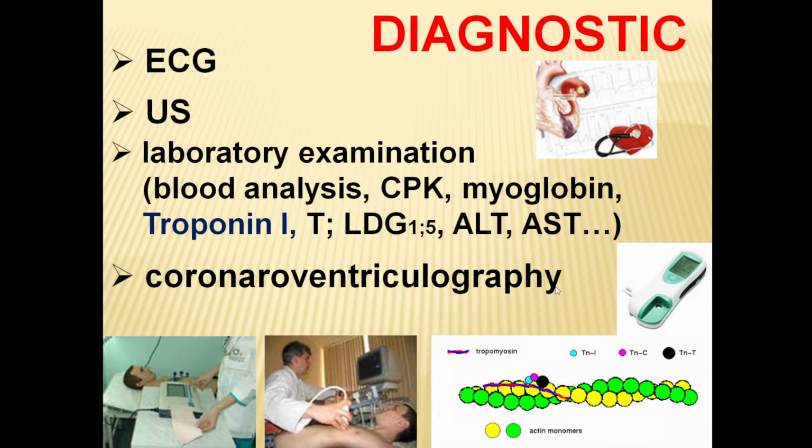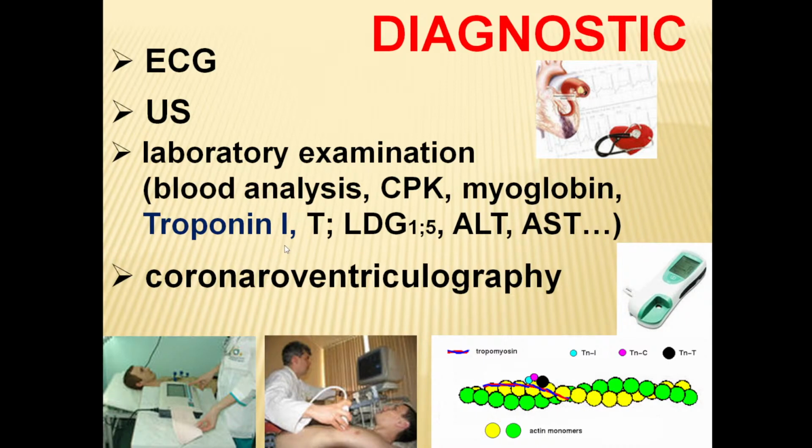Later, we can send our patient for ultrasonography to clarify post-infarctive complications, to assess the activity of the heart contraction, depending on the heart stroke, and reveal the degree of heart failure. Laboratory examination: the usual blood analysis is not obligatory, but we will obligatorily examine specific markers of heart necrosis, such as C-reactive protein, myoglobin, LDG, ALT, AST, and I'll draw your attention to troponin,